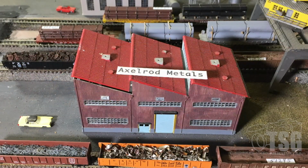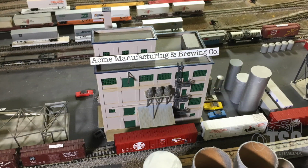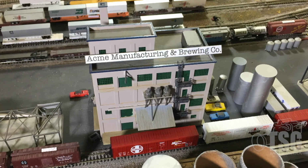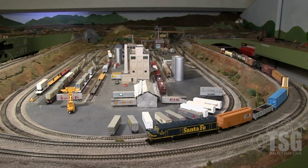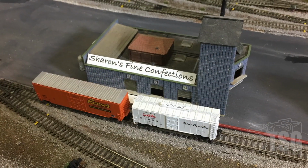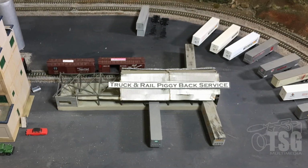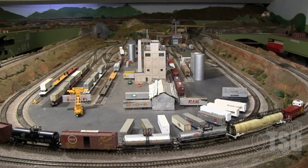Axelrod Metals takes the scrap metal from Zim and turns it into pipe. And then we have a brewery, because every railroad has to have a brewery, and it's Acme, named after the famous Roadrunner cartoons. In tribute to my wife, there is Sharon's Fine Confections, which is a chocolate company. And then we have a TOFC, trailer on flat car facility, to round out the switching that is available in